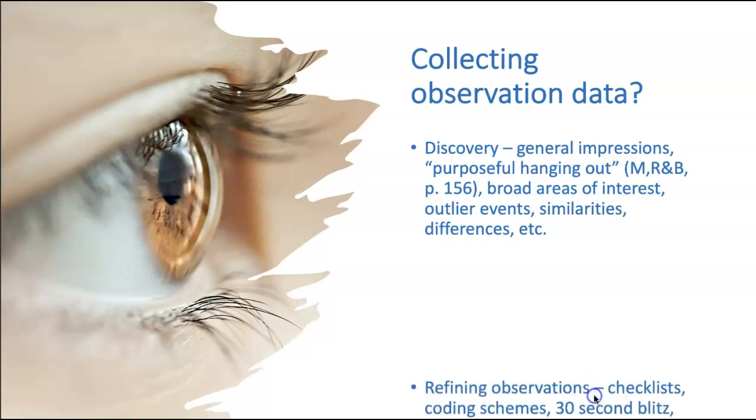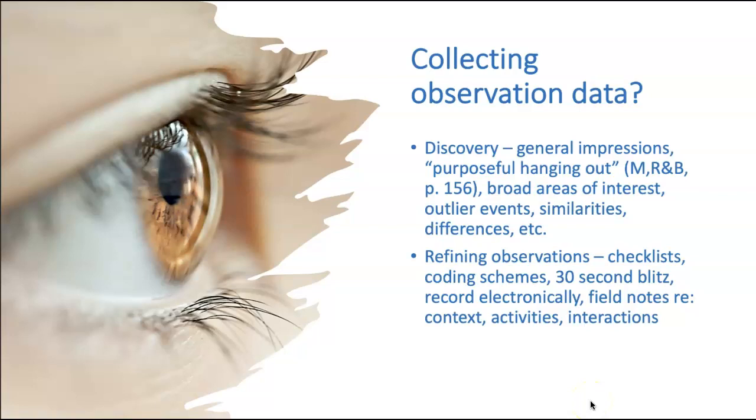The next step is refinement of our observations based on our findings in the discovery stage. At this point, we are working toward clearer goals for our observations. Once we have clearer goals, we can develop more efficient data collection strategies such as checklists, or we may record key behaviors, contexts, etc. electronically. We can also start developing field notes that enable us to add details such as relevant context details. It might be the weather, it might be traffic patterns, it might be a historical event that's just happened, and so on. Particular activities that are relevant to the behaviors, and so on.